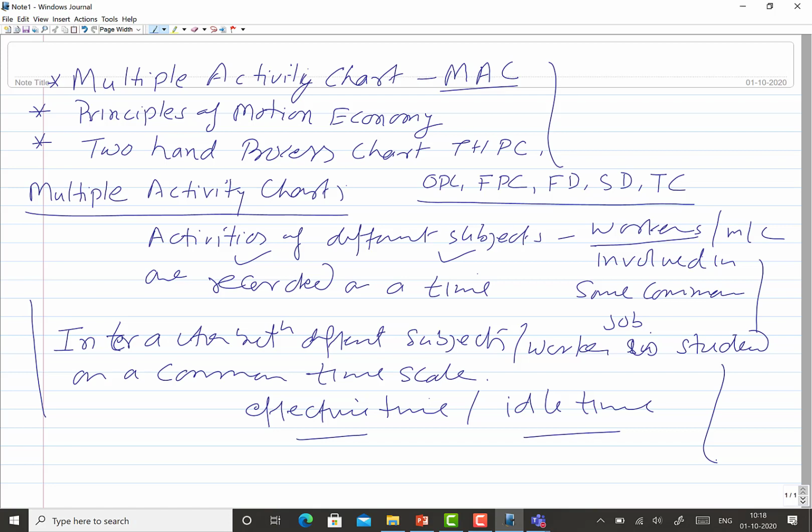So there are different people involved in a common activity. When who is doing what and when, that is what is recorded. So we can say gang work, where many people are doing the same job, same meaning a common activity, or one worker is working on three machines or four machines. So the job is organized and arranged in such a way that he is able to do it.